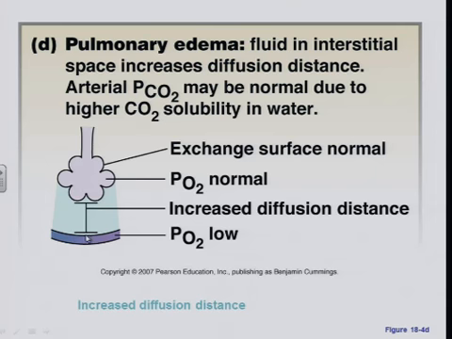But we know we're definitely going to decrease arterial PO2 because of the increased diffusion distance. And once again, depending on how severe this pulmonary edema is, CO2 may equilibrate or it may not. Remember, CO2 can move much more quickly and readily than oxygen. So even though oxygen's low, we still may be able to get a normal CO2 diffusion across here, depending on the severity. So always keep that in mind.